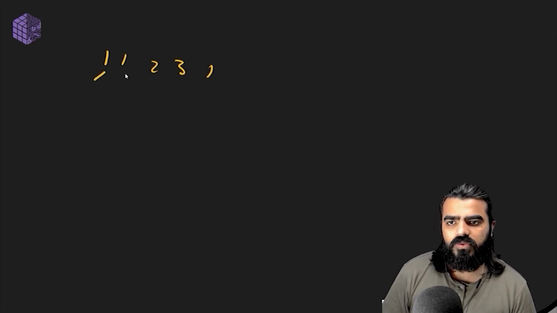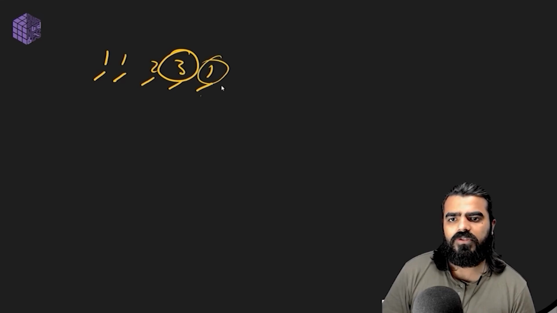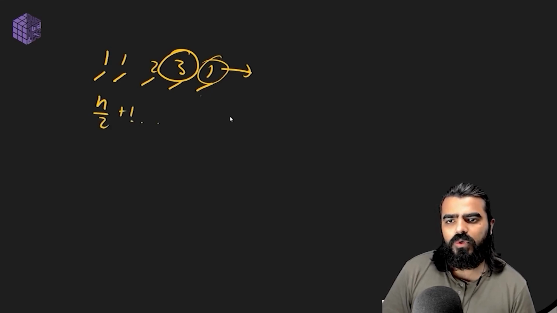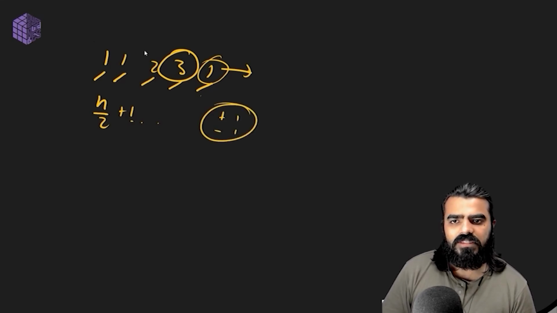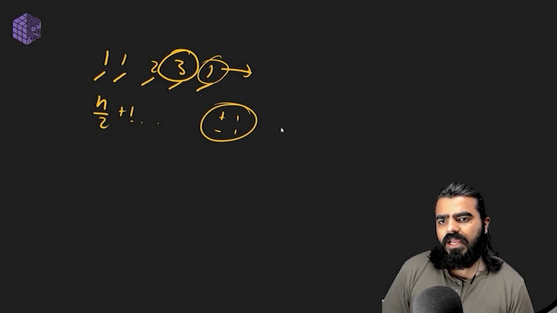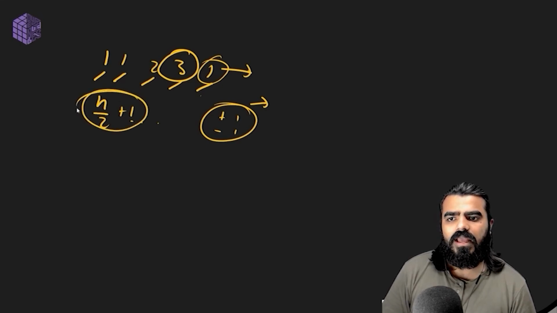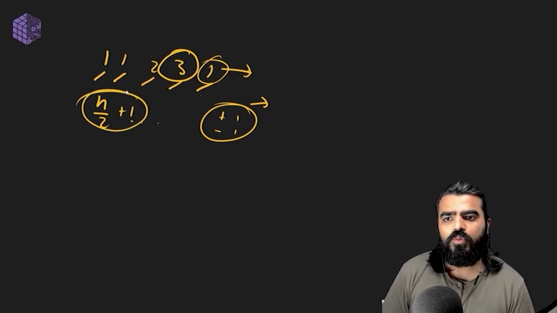1, 1, 2, 3 and 1. At this point the count was 1, then it became 2, then became 1, then became 0. This became the new contender. At this point again the contender's count became 0 and the new contender was made, right? So if there is an element which has n by 2 plus 1 or even more occurrences, at the end of this plus 1 and minus 1 game, this whole thing that we are doing over here, it will result in the win of this element only, because it's coming more times, right?